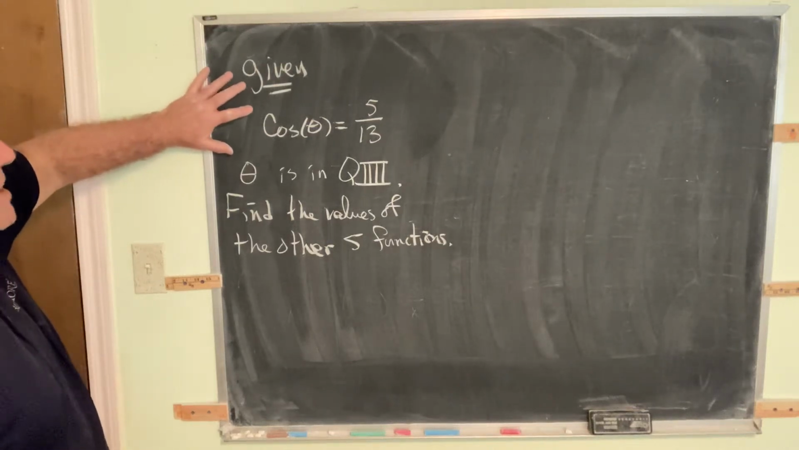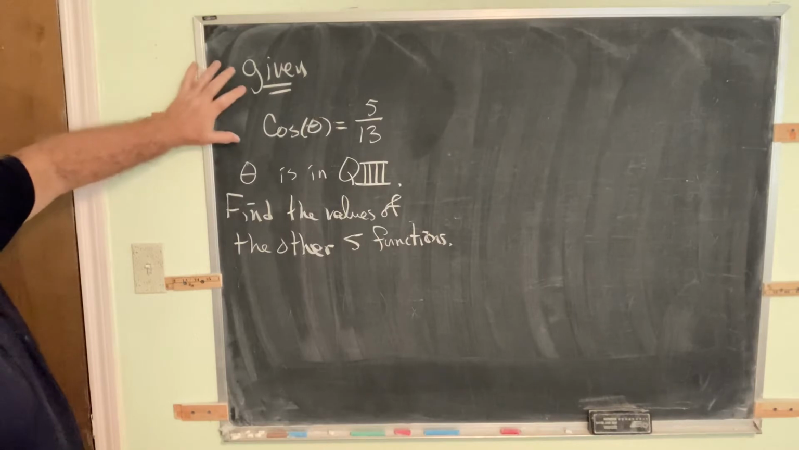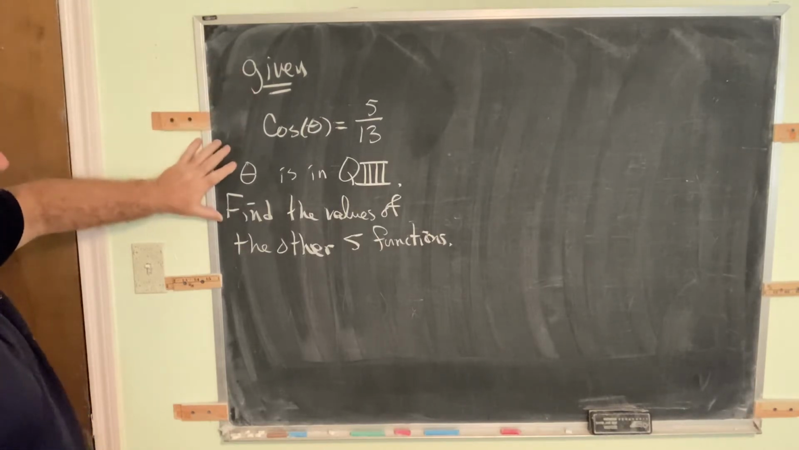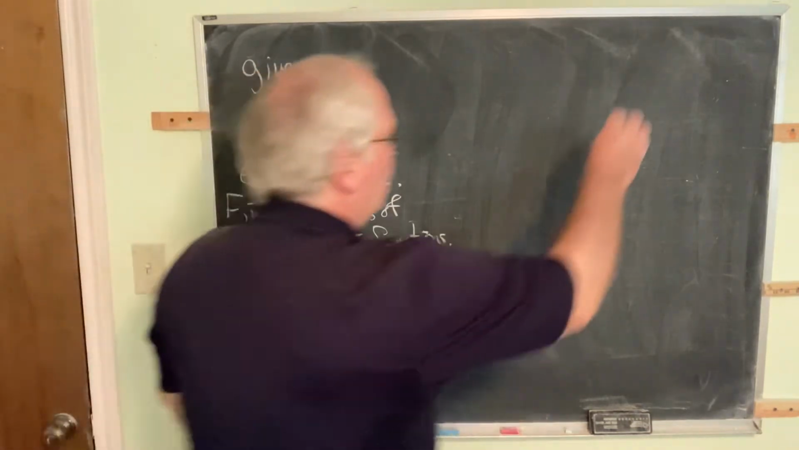Okay, so we're given some information and asked to find some stuff. We're given cosine theta is 5/13, and we're given theta is in quadrant 4. So we remember